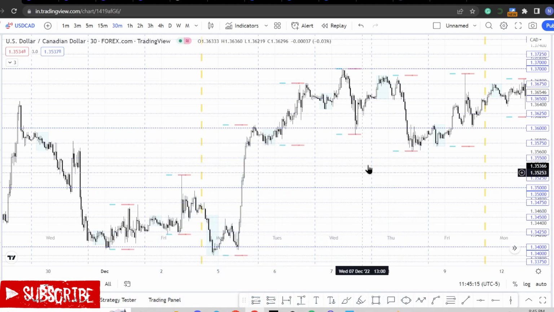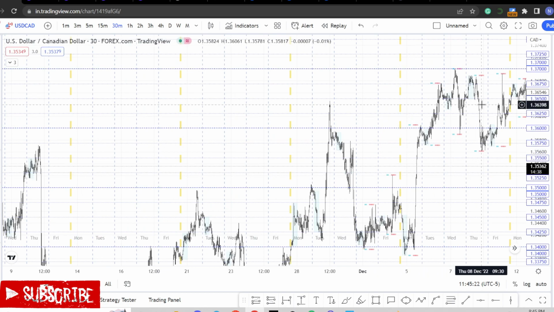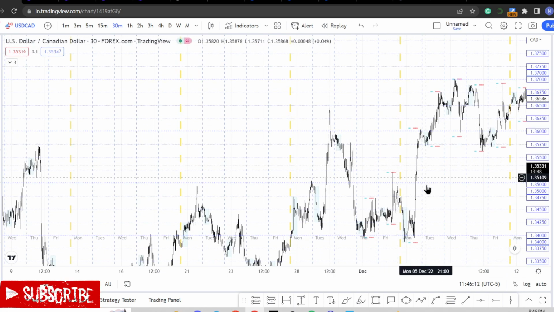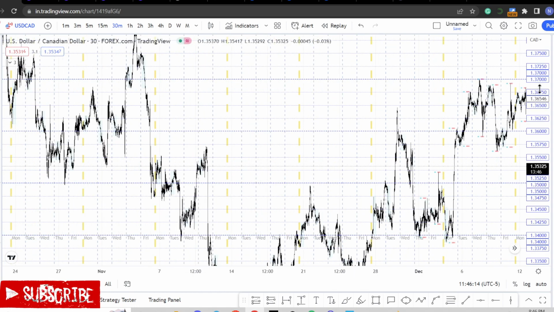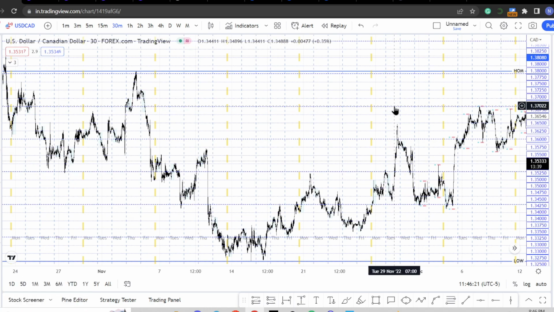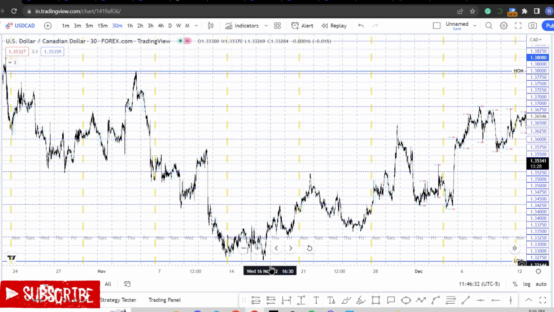All right, coming back to the trades, coming back to the chart. When I come to the chart, the first thing is where is the high of my previous week? My first question is, where are we in the market? Have I reached the previous week's high, or am I towards the high of the month or the low of the month? So I mark my high of the month and my low of the month.